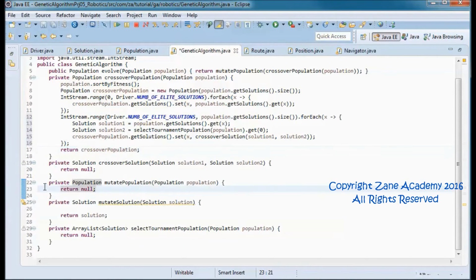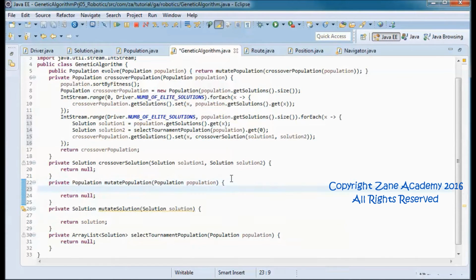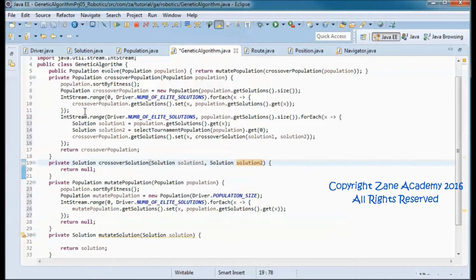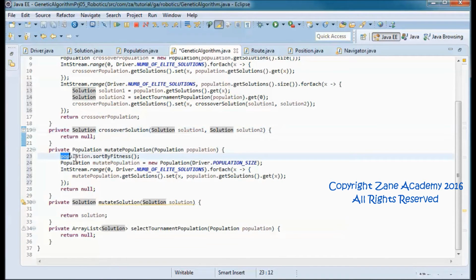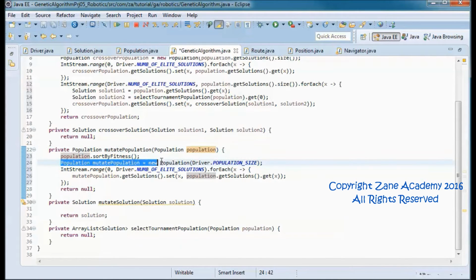Now in mutate population, initially we do pretty much the same as we did in crossover population. So we sort the passed in population, and then we instantiate a new population.